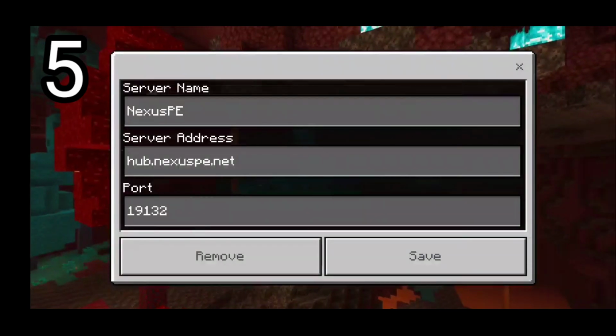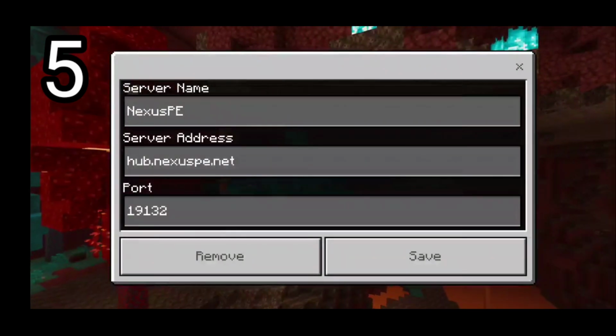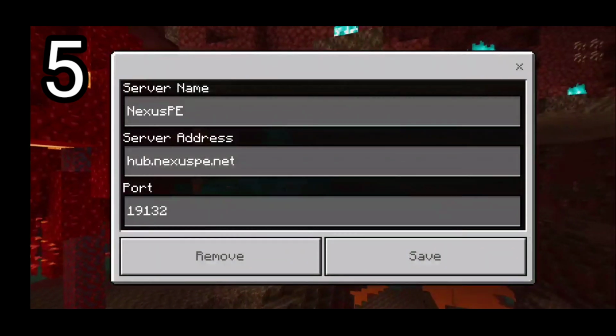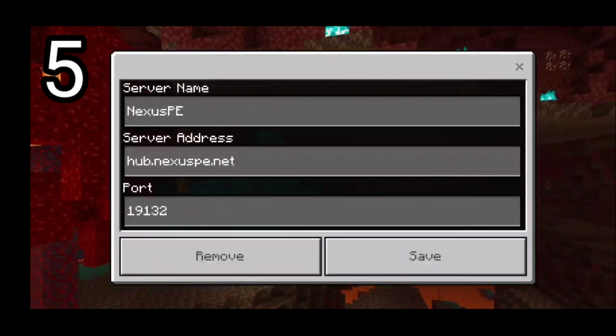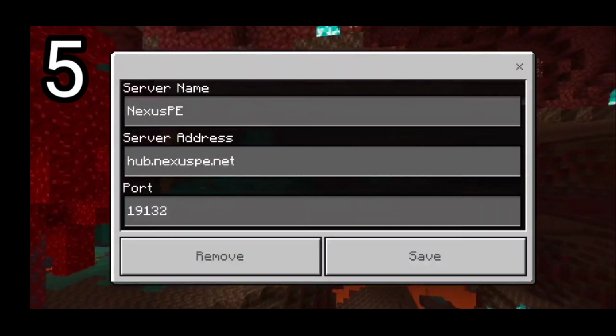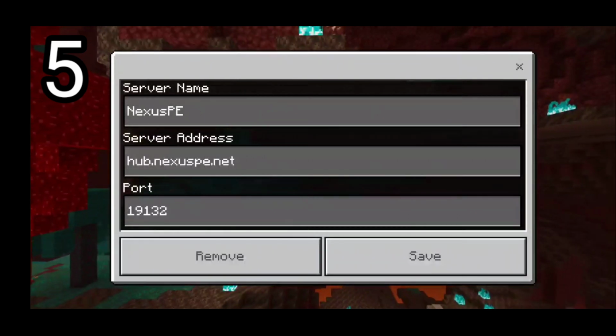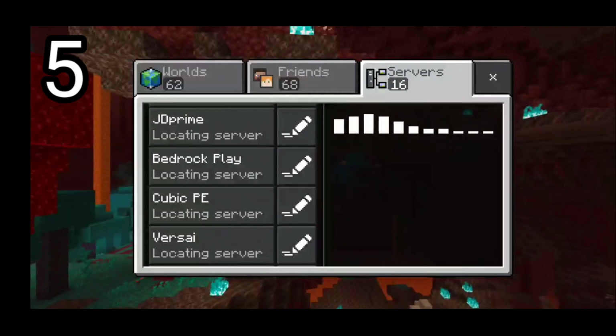On the number 5 spot, we have the biggest faction server of all time in MCPE. That is, of course, Nexus PE. Now, the server address to this is hub.nexuspe.net, and the port is simply default, guys, 19132. So just make sure to save the IP exactly the way I have it, and let me show you guys around in this awesome server,